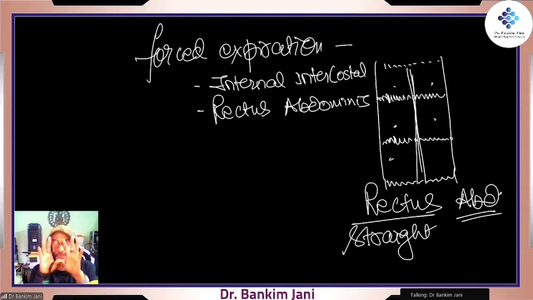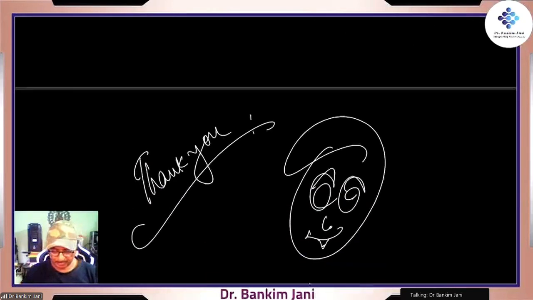So it is the rectus abdominis which pulls it down, and then there are internal intercostal muscles. So rectus abdominis, this is a muscle. Rectus means straight. So this is that muscle, right? When we say six-pack abs, these are the abs. Everyone has got the six-pack abs because these are the tendinous intersections which are reflected when there is no fat or less fat, they can be seen. All right. So this was our first part.